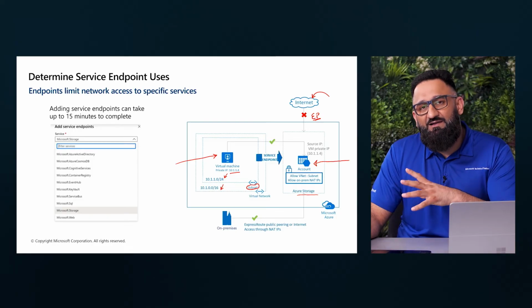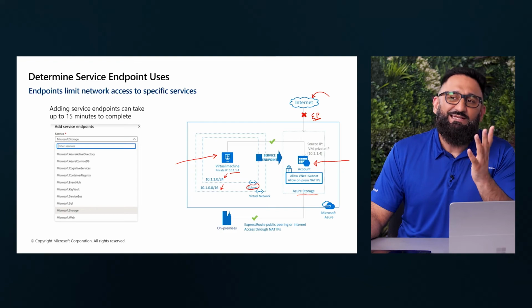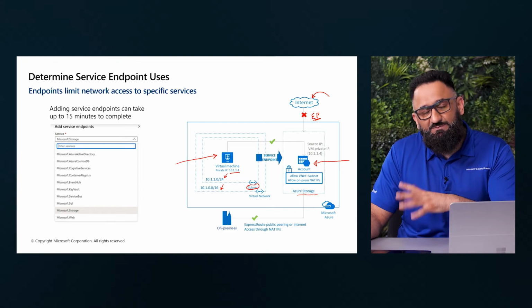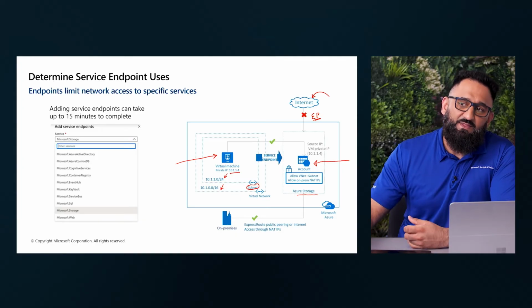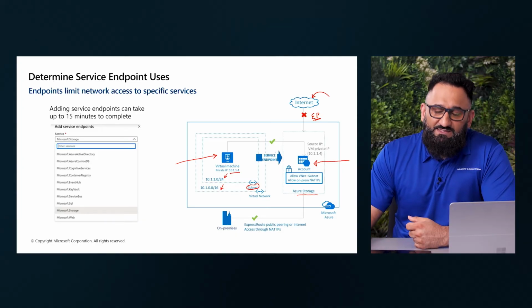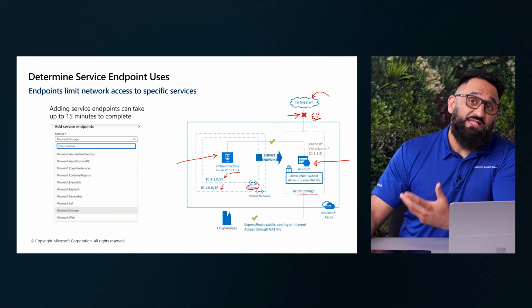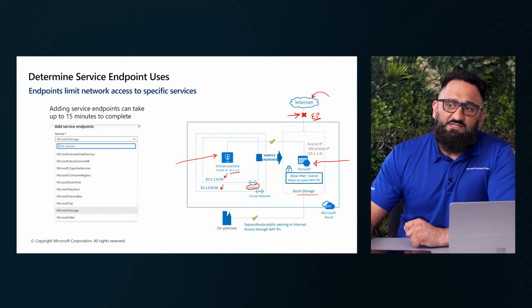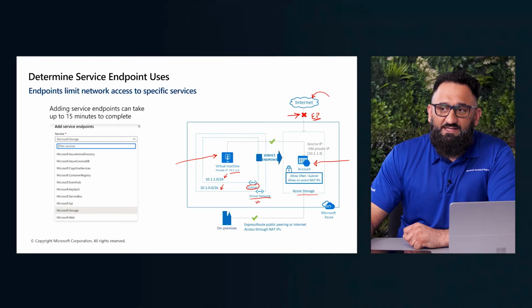Now, if I have multiple subnets in a VNet and I enable this for one subnet, resources that sit within other subnets in the same VNet or virtual network won't be able to utilize this service. Apart from that, it can also allow me to block connectivity that comes out from any other network in this environment. So in this particular scenario, I can choose virtual network, let's assume this is called VNet 1.